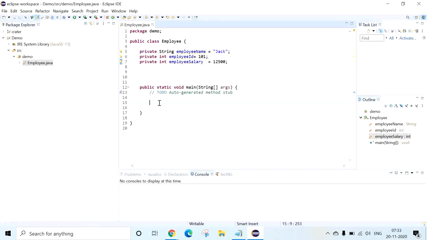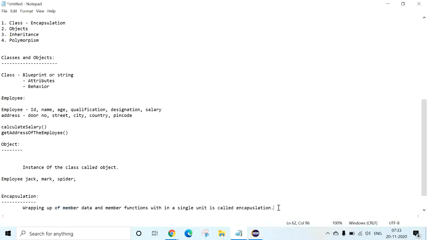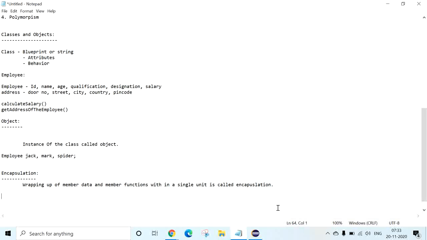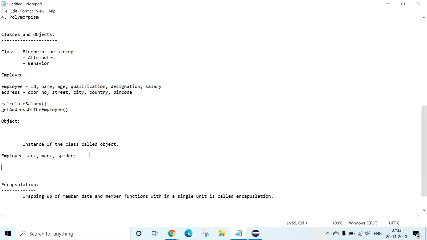So you need to create an object. We will see the syntax of creating an object. As I said, an object is an instance of a class. If, for example, I want to create an object for the employee, Jack equal to new